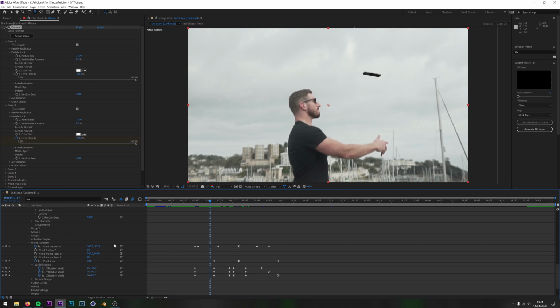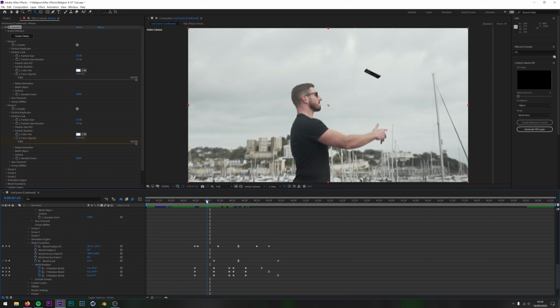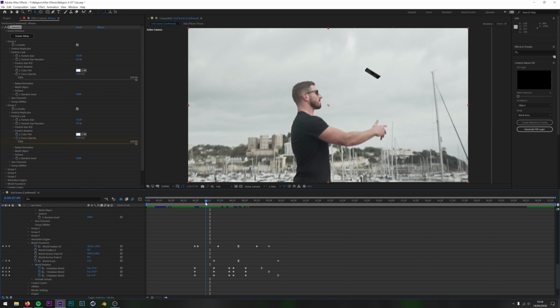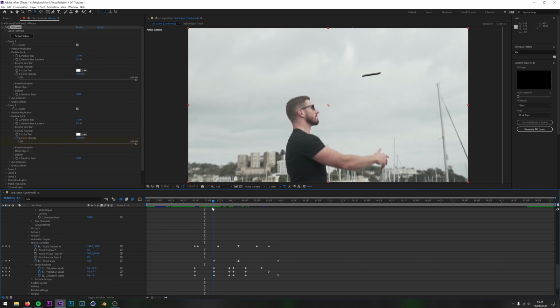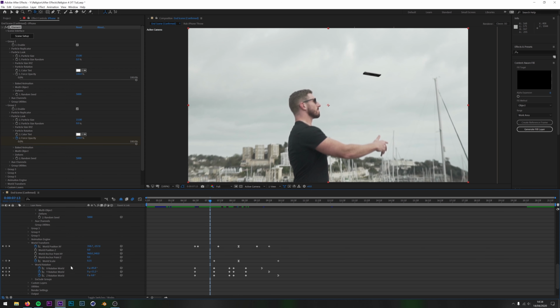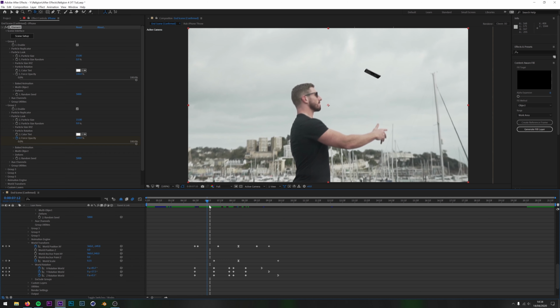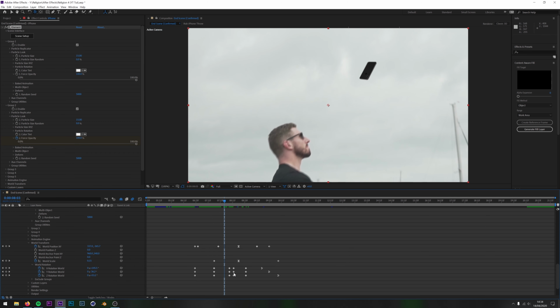The keyframes themselves look quite intense, to be honest, but there's actually not that much to it. You can see position, so it's just adjusting the position of the phone. You can see the rotation as well, and that's all there is to this. If I was to move one of these keyframes around, you will see the phone is rotating in a different way, and that is pretty much all there is to those keyframes.